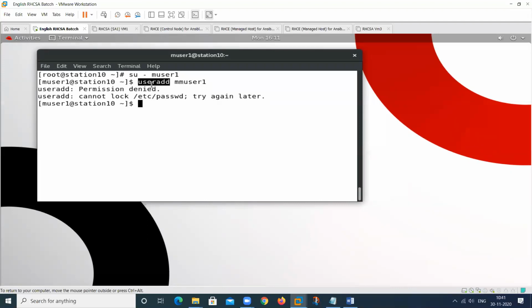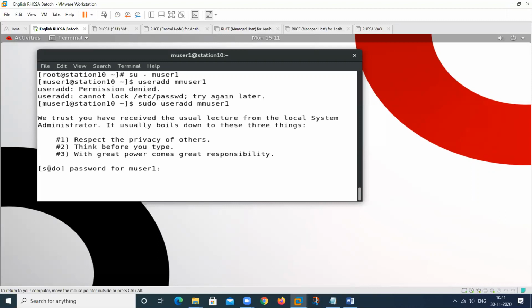And suppose I use sudo here also, because I know that by using the sudo command we can perform any command as a super user. So I am trying to do this. At this time it will ask you to type the password of this particular user. I have the password, so I will type it.